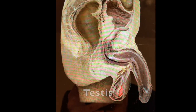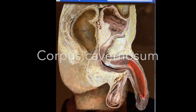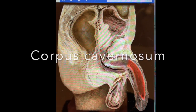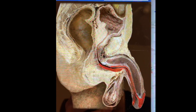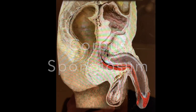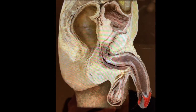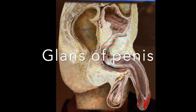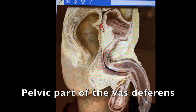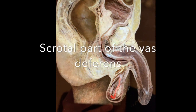Testes, prostate, corpus cavernosum of the penis, corpus spongiosum of the penis, epididymis, glands of the penis, pelvic part of the vas deferens, scrotal part of the vas deferens,